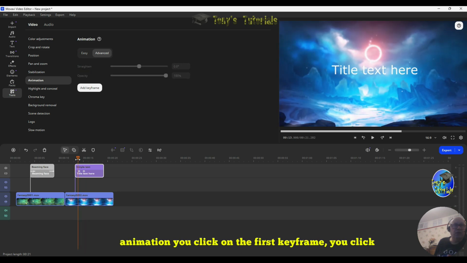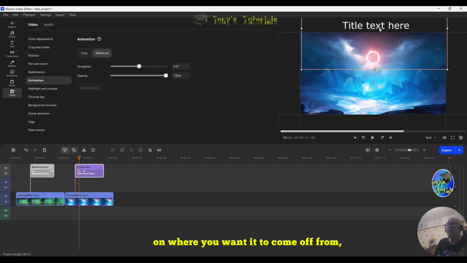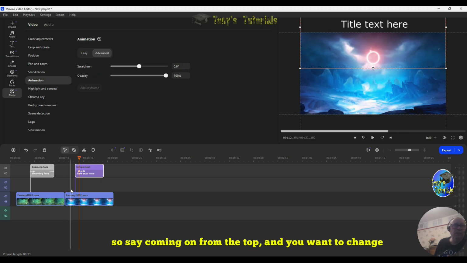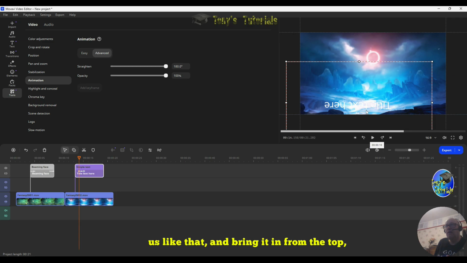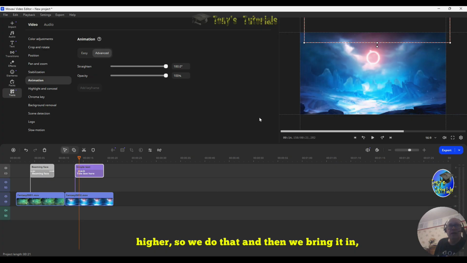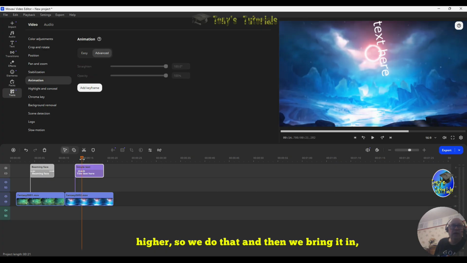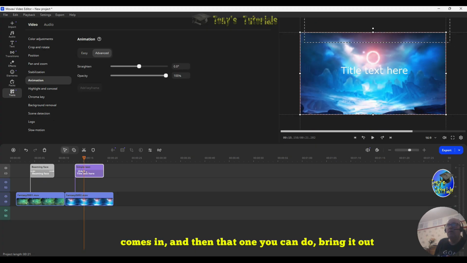So for your first animation, you click on the first keyframe, you click on where you want it to come on from. So say coming on from the top, and you want to change the angle of it, maybe. Let's do it upside down for starters, like that, and bring it in from the top. So we're coming in from the top, might be a bit higher. So we do that, and then we bring it in, it comes in, and then that one you can